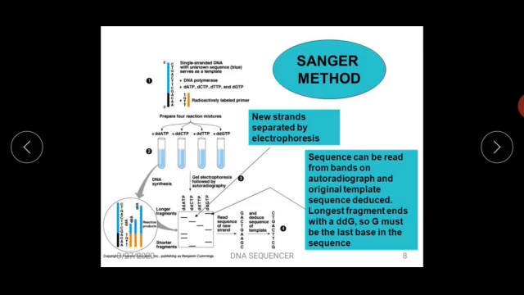This is an in vitro method. We add the DNA polymerase enzyme plus dATPs, dCTPs, and so on; these are the deoxynucleotide bases, like dATP for adenine, dCTP for cytosine, etc., and the labeled primer. After we mix all of them, we prepare the reaction mixtures in 4 tubes, where ddATPs, ddCTPs, ddTTPs and ddGTPs are added in separate tubes, wherever the sequence gets terminated at the base.